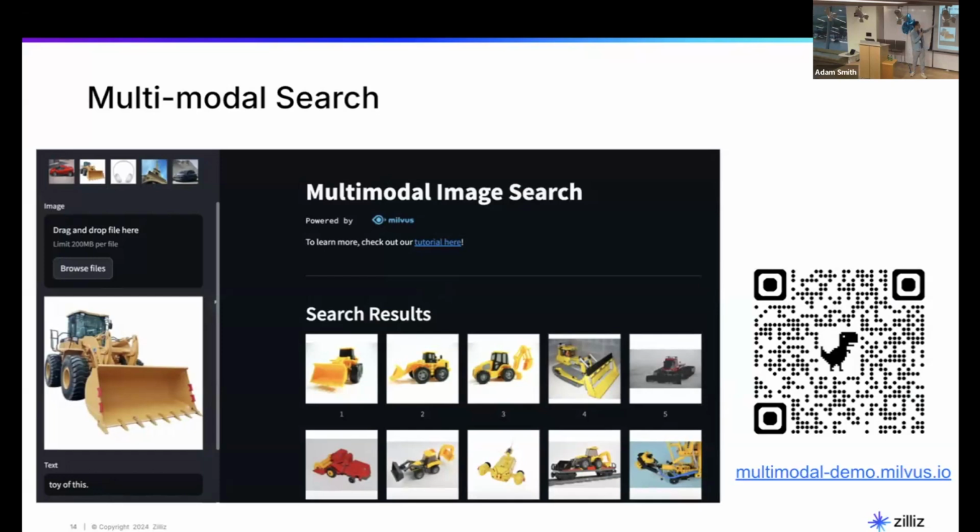So we have some other examples, like with an iPhone, a headset. I want a picture of a girl wearing this headset, and it can return that as well. You can play with this, which we publish online with that QR code. So this is really futuristic, and I believe there's a lot of Gen AI applications that can be empowered by